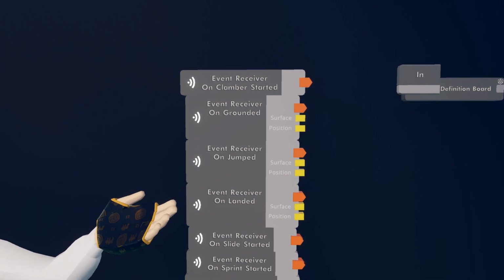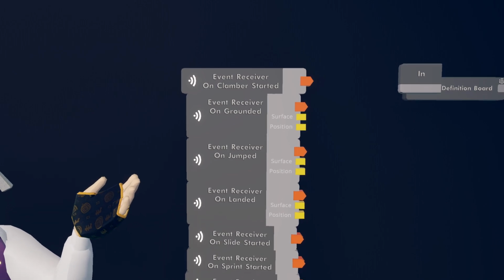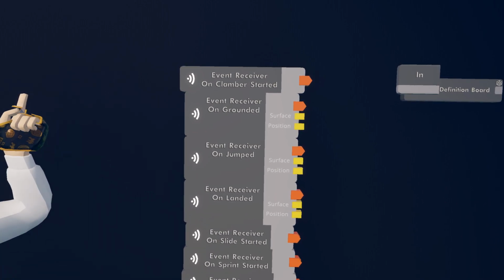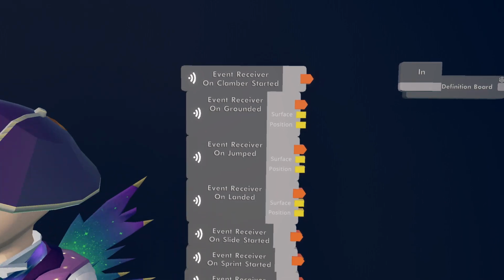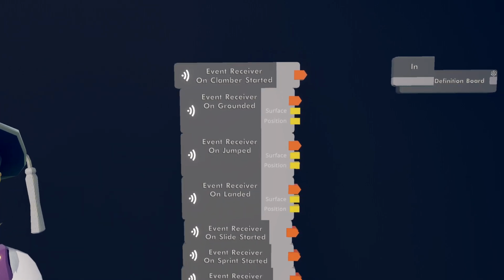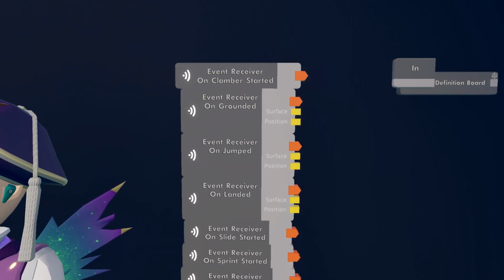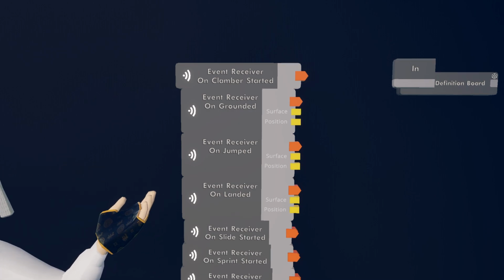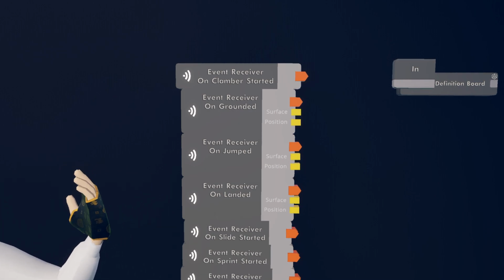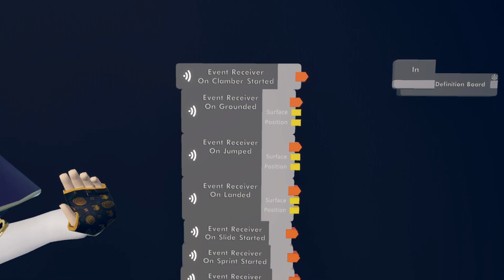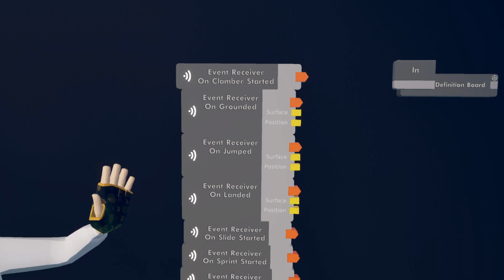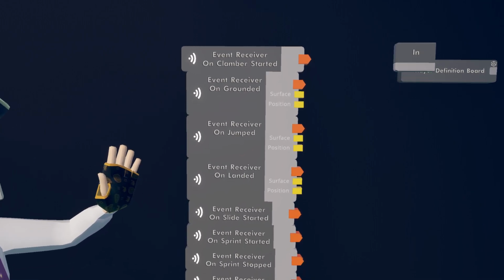These are just on grounded or on jumped, on landed. And the player is the self. If you put a self or get authority, you would get who jumped to whatever. And these events go off for everyone.